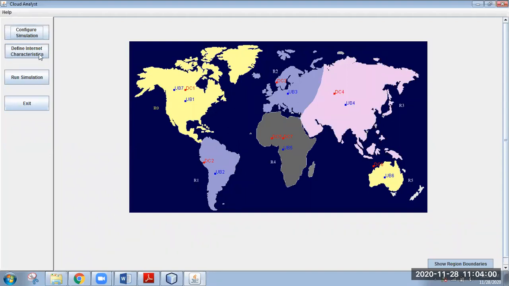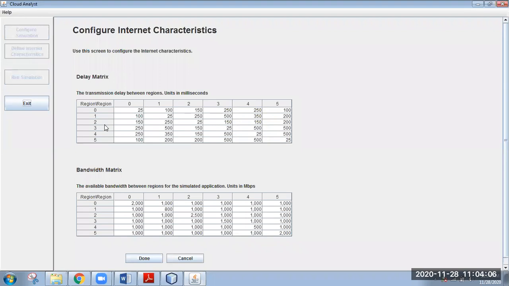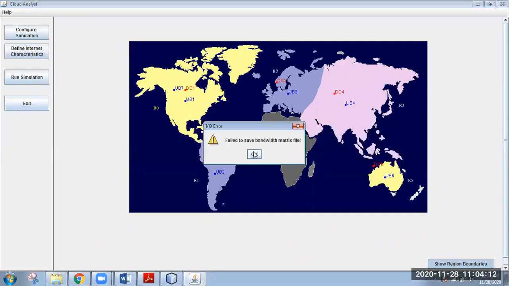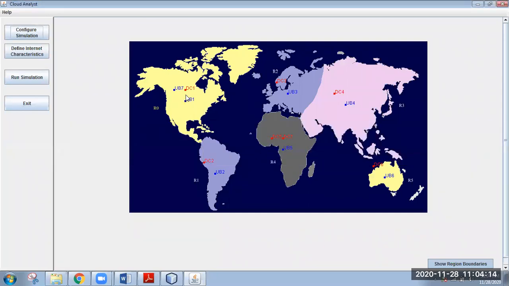Okay. Then the second button is called define internet characteristics. It may happen that a region 0 work, you can see here, can be assigned to region 1 or region 2 or region 4 or region 3 or region 5, because the closest data center may not be the optimal one.